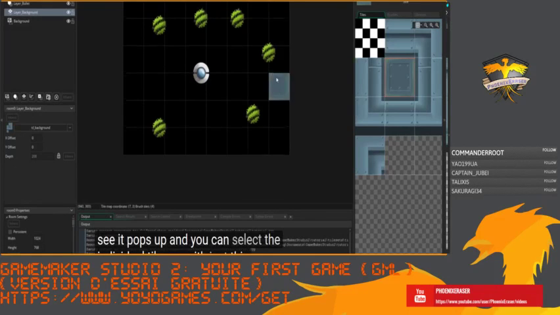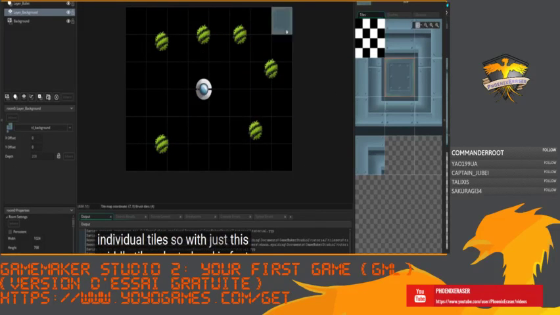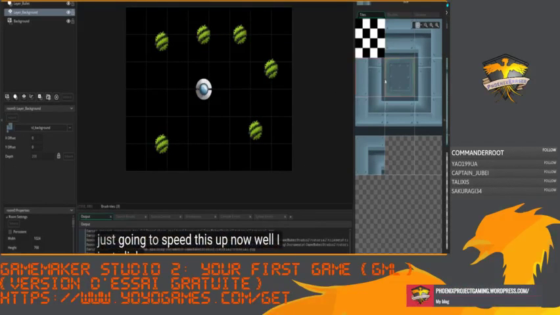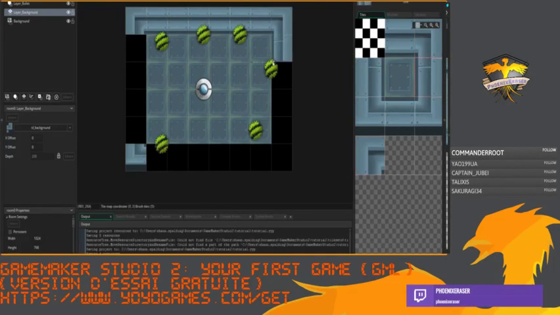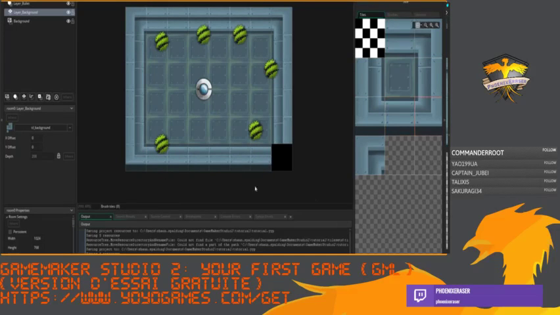So with just this middle tile selected, in fact I'm just going to speed this up now while I just click and draw the tiles over the room. Okay, super simple. Feel free